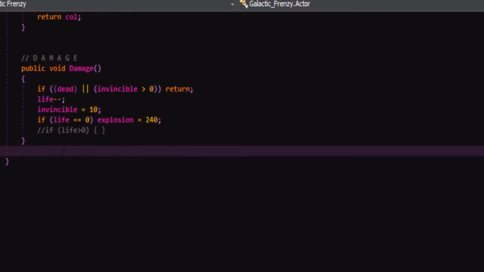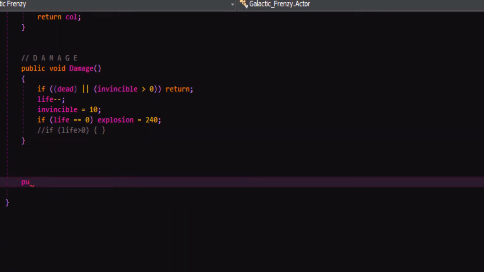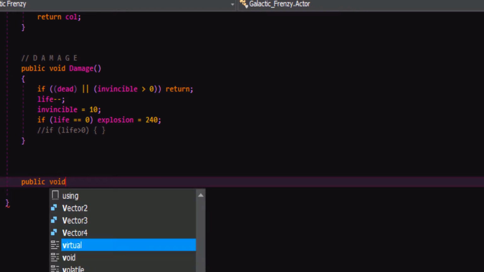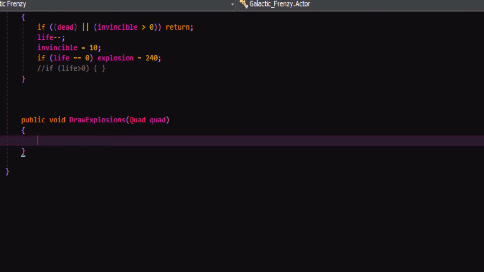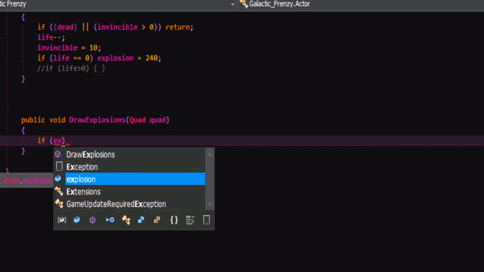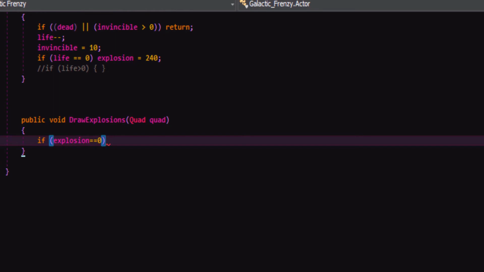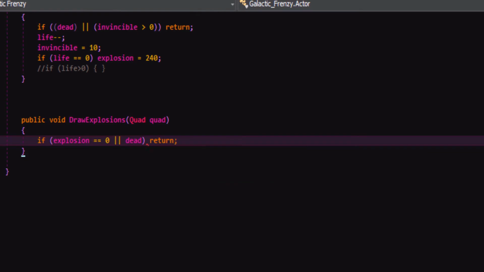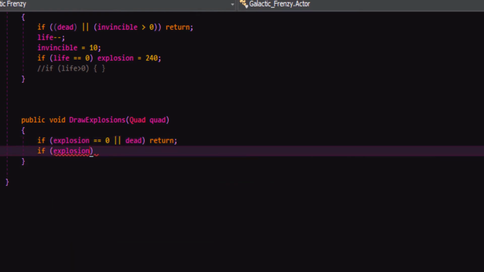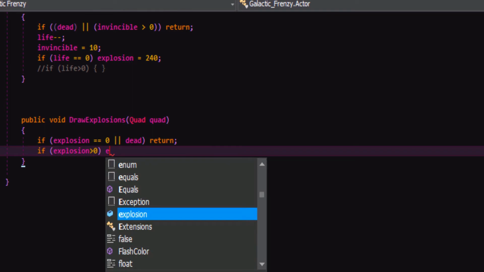So next up, I would suggest we need a method that we can check to see if there are any explosions happening, and if not, it'll return, and otherwise it'll draw the explosions. I'm just going to process everything in here all at once instead of doing an update separately for it. We probably should have our explosions being something that's generated and stored in a different method, but this will be fine. So if explosion countdown reaches 0, or we've set the character to be dead for whatever reason, we'll just return. In the meantime, though, if the explosion amount is greater than 0, then we'll do the countdown.